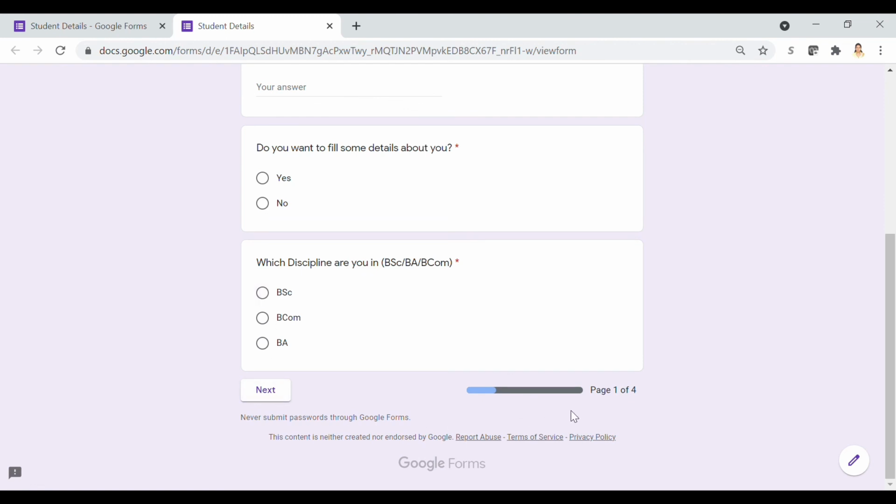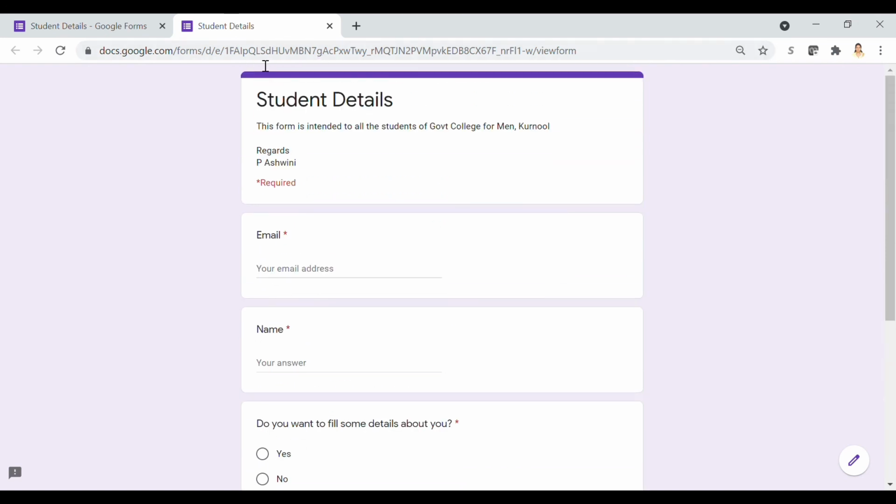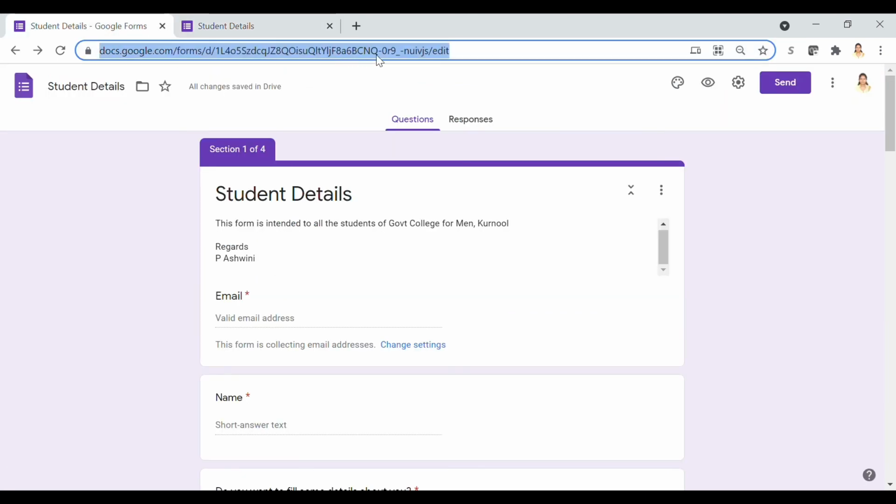While this screen shows 4 pages, the first page and one of the 3 pages will be visible to them depending on the stream they select. You can copy the link on the top and share it with your target audience through text message, WhatsApp, etc., so that they can fill the form and submit.